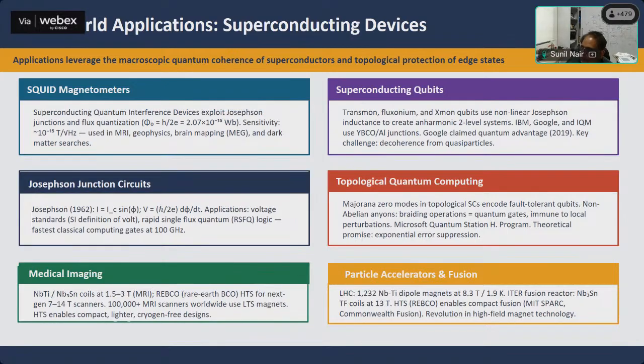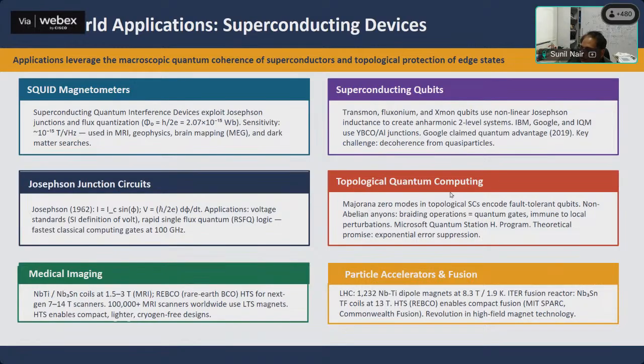Now, why are we talking about a lot of these things? Some of these things are known for quite some time. Where are these things important? SQUID magnetometers is one. Of course, we use this in real life. I have a magnetometer in my lab. People use magnetometry when looking at biomedical imaging, for geophysics, all kinds of things. Josephson junction circuits are now extremely important in the context of superconducting qubits and so on. Medical imaging requires many of these kinds of materials, especially alloy-based superconductors.